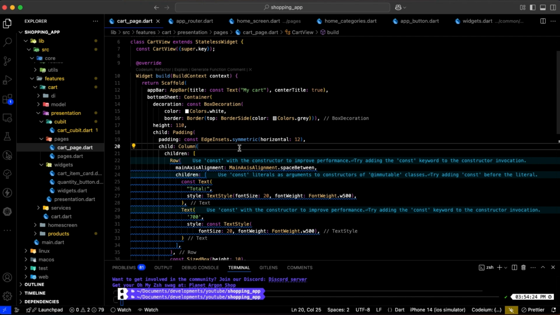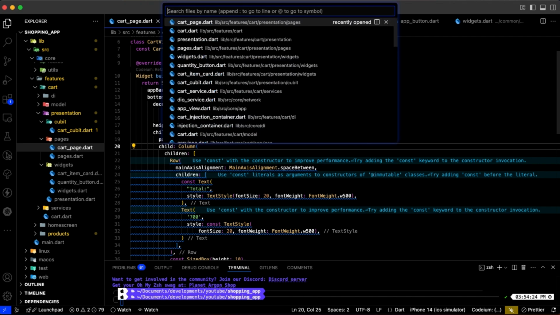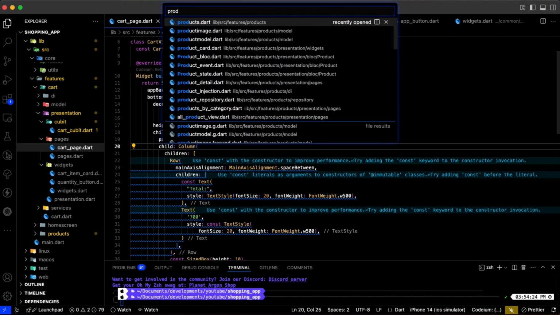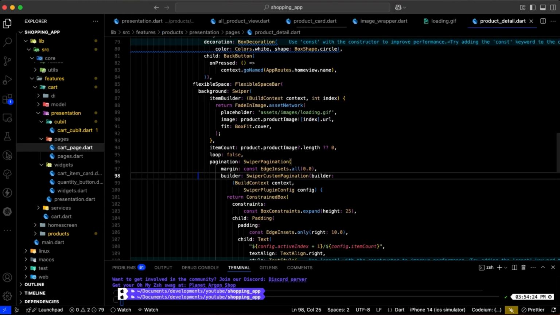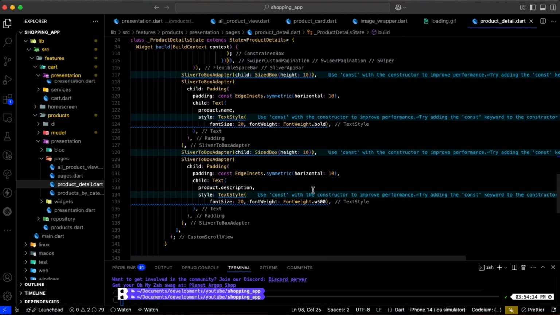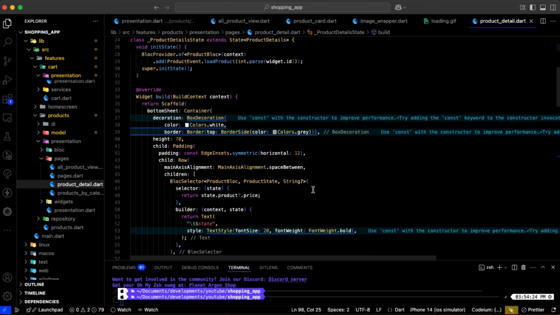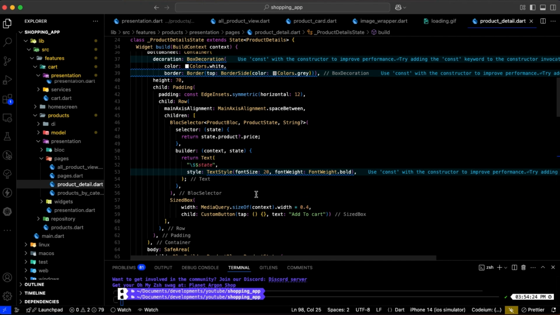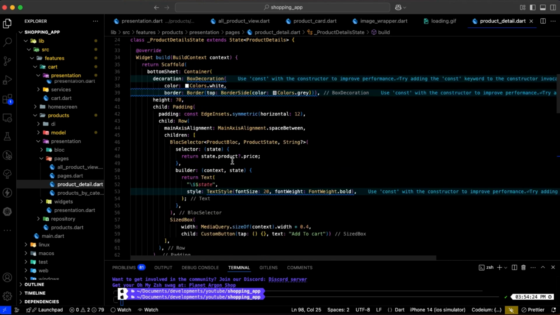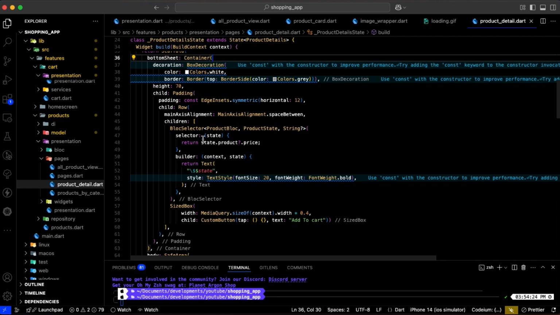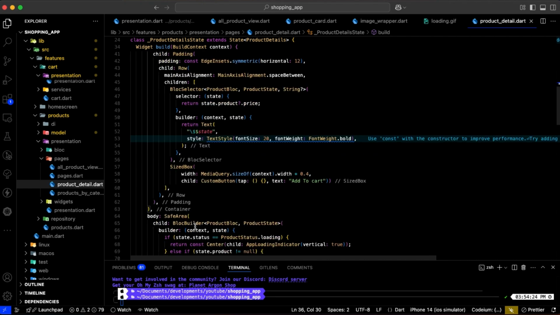Okay, so what would be the first step? The first step is to go to product, I believe, detail, and here is where we will start to add this item to cart. So we will design here on the bottom sheet, we will add the button itself, and then once we click that button, we will add that particular item to cart. So let's start and